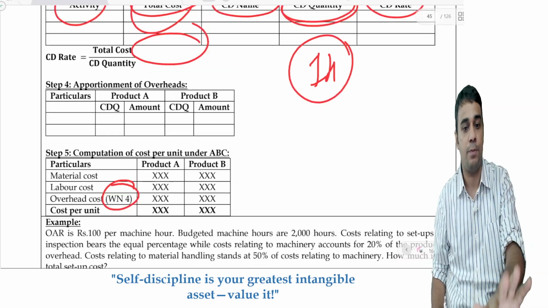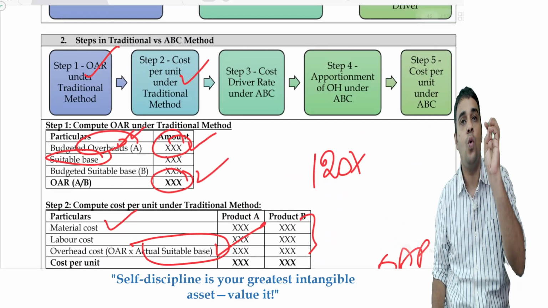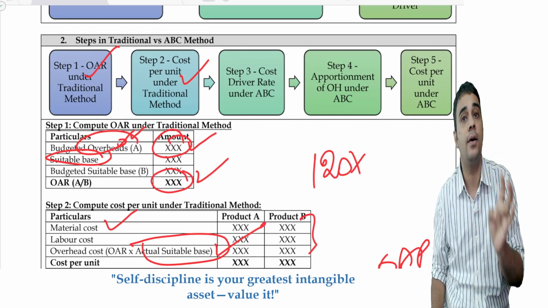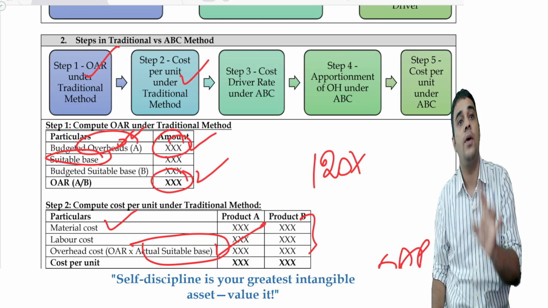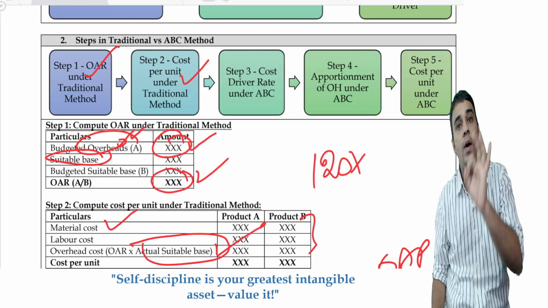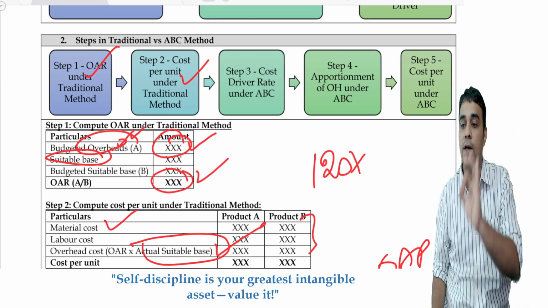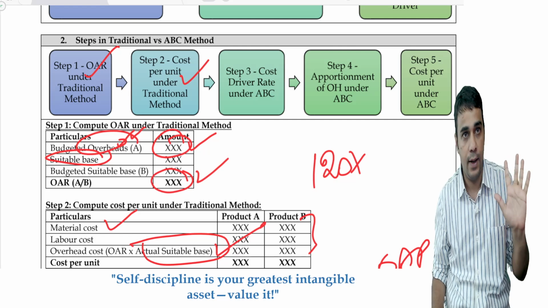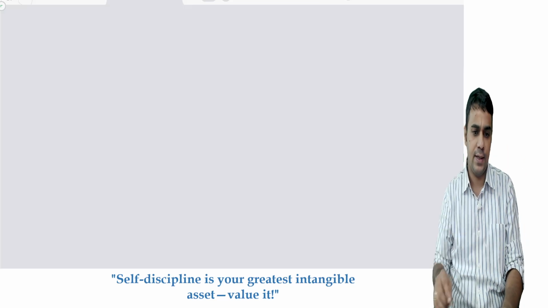This is the concept. 5 steps you have to be aware of: OAR under traditional method, cost per unit under traditional method, cost driver rate under ABC, overhead under ABC, and cost per unit under ABC. This is what the method is all about. Clear? Done? Can we start now? Let's get to